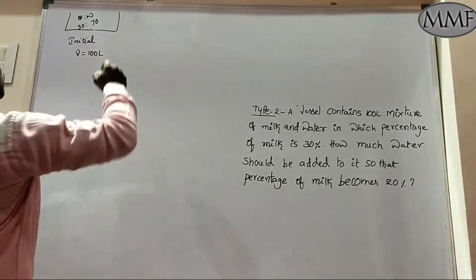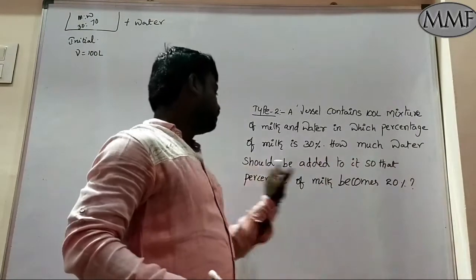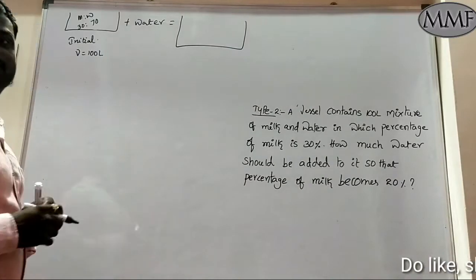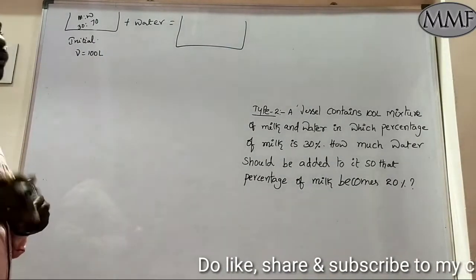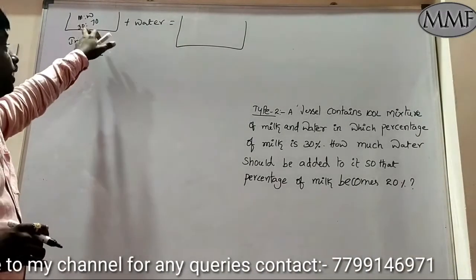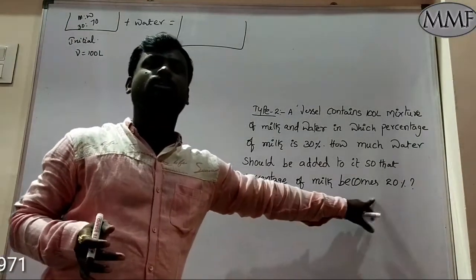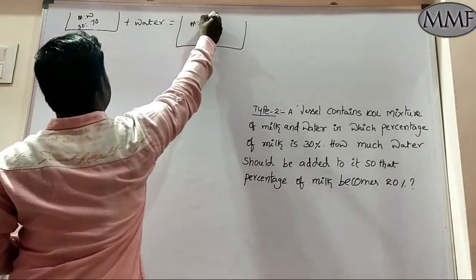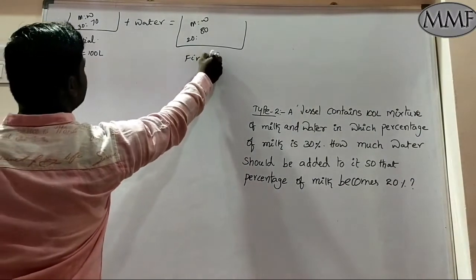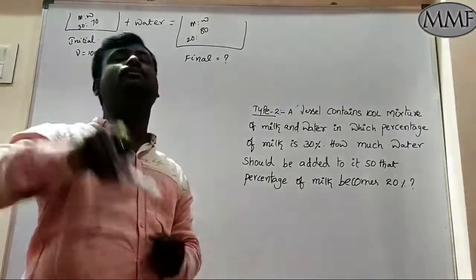Then what happened? You are adding water to this. How much water should be added? Then the resultant mixture will become how much here? The value won't change here. You are adding water to the mixture. Clear or not? Here the milk portion will decrease. That's why the percentage of milk will become 20. So milk is to water. If milk is 20, what about water? It will become 80. It is the final mixture. Here the value won't change. The percentage of the portion of milk and water is going to change.